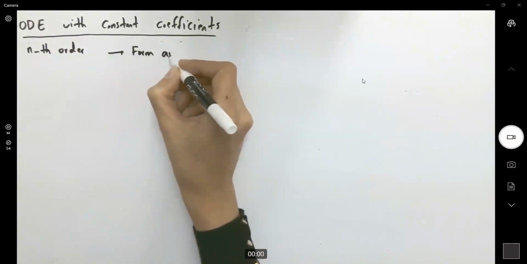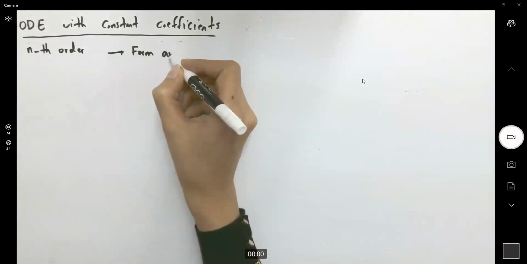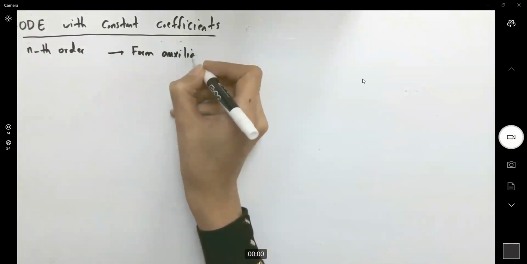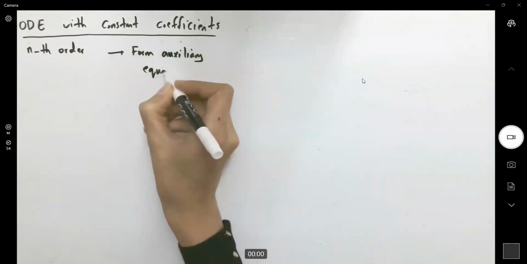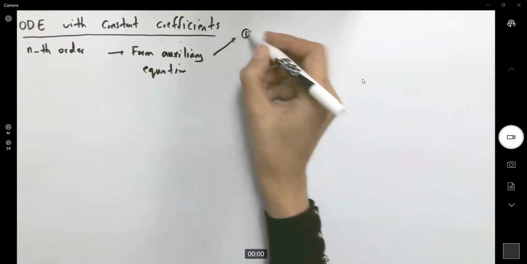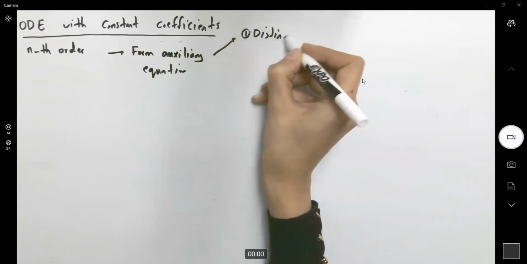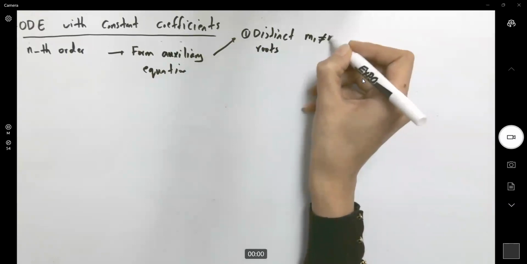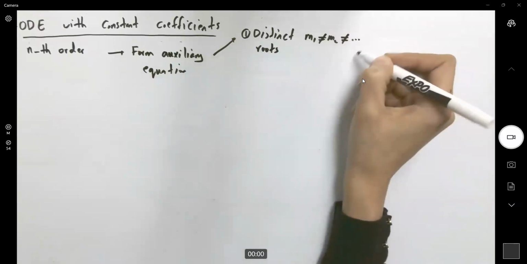For the auxiliary equation, if we have distinct roots, like m1, m2, and so on,